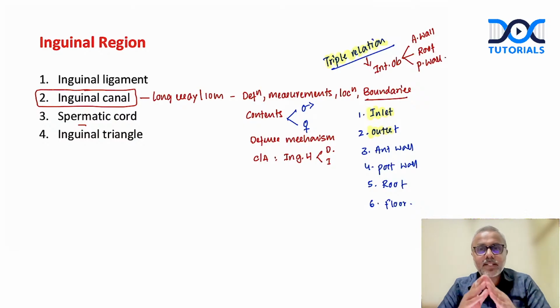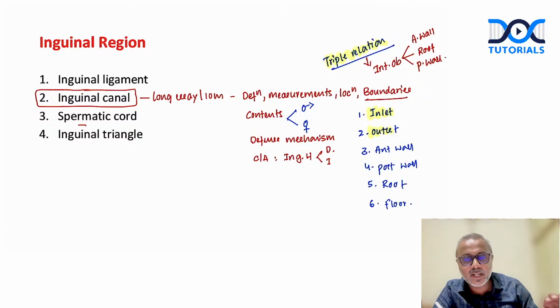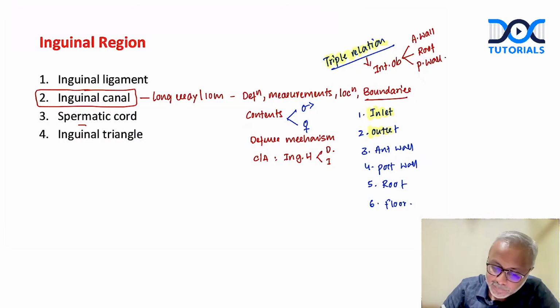At least we should be able to define what we mean by direct inguinal hernia. Direct inguinal hernia is something that enters through the posterior wall of the inguinal canal. Indirect inguinal hernia is something that enters through the deep inguinal ring, traverses the inguinal canal and comes out of the superficial inguinal ring. Right. Now, what are the differences between the coverings of the inguinal hernia? Now, again, please mark this topic. So, coverings of the inguinal hernia, right?